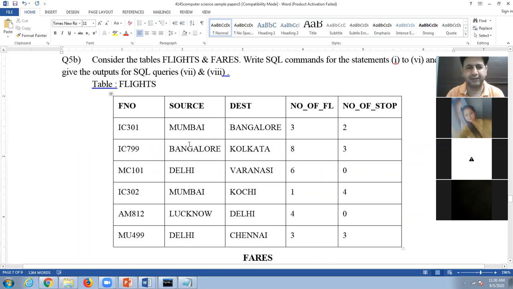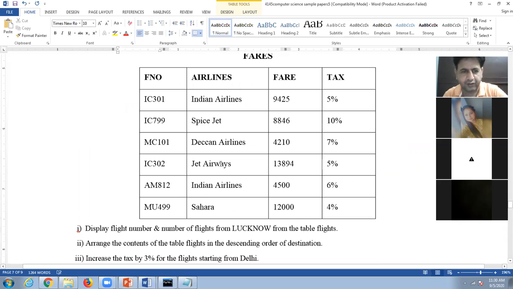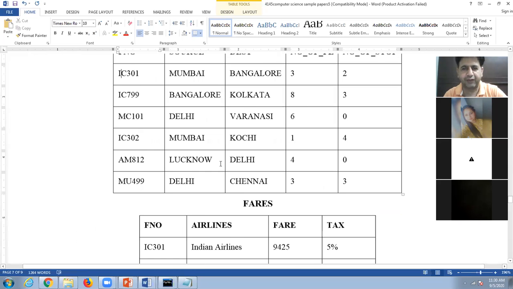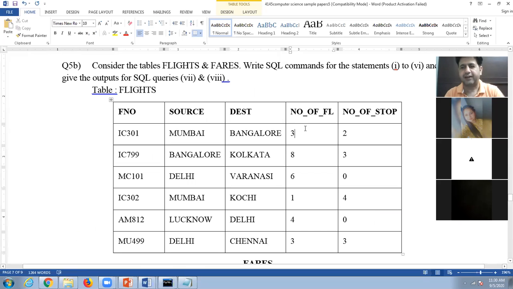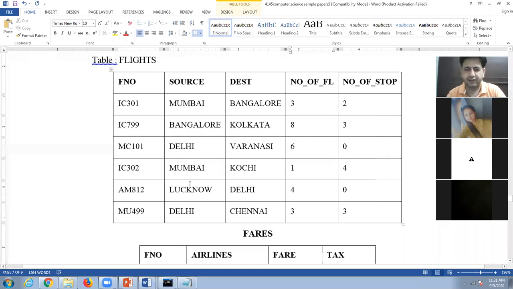So flight number is here in the table, and then second one is you want to display number of flights. So number of flights are here, and from Lucknow, only the condition is from Lucknow. So source is Lucknow.